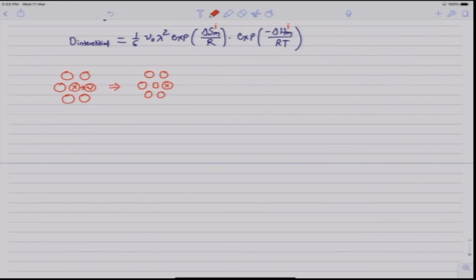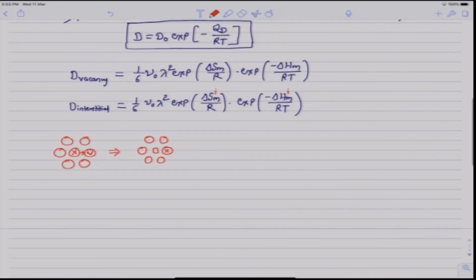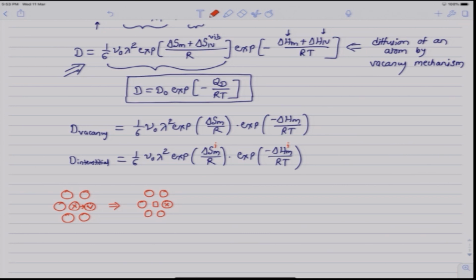The extreme case would be, after the first jump the X will immediately jump back onto the same vacancy. So, it will be a reverse jump, and this reverse jump will nullify the contribution to the diffusion from the previous jump, and so we need to apply a certain factor to this expression for D, which will take into account this correlation effect, and it is done by applying a factor f in the expression for D. So, f is called the correlation factor,